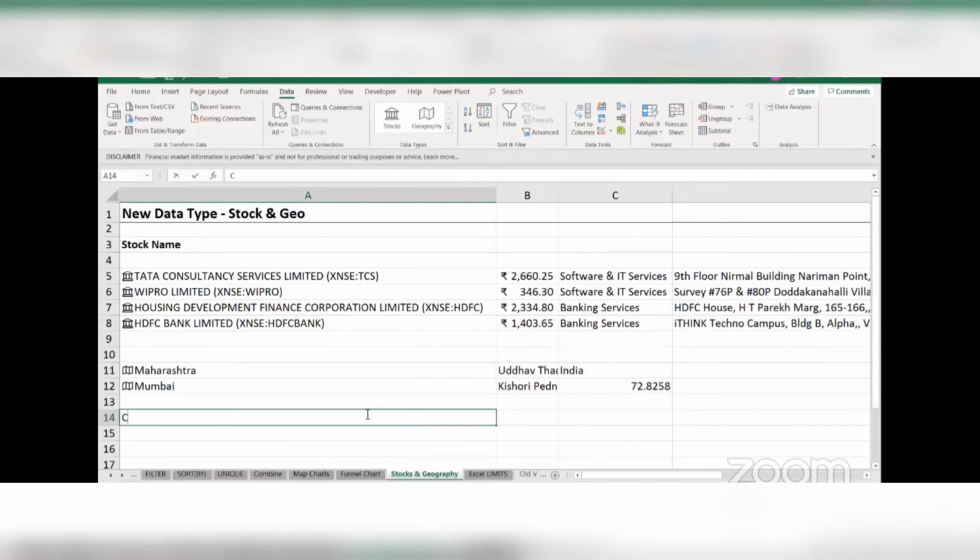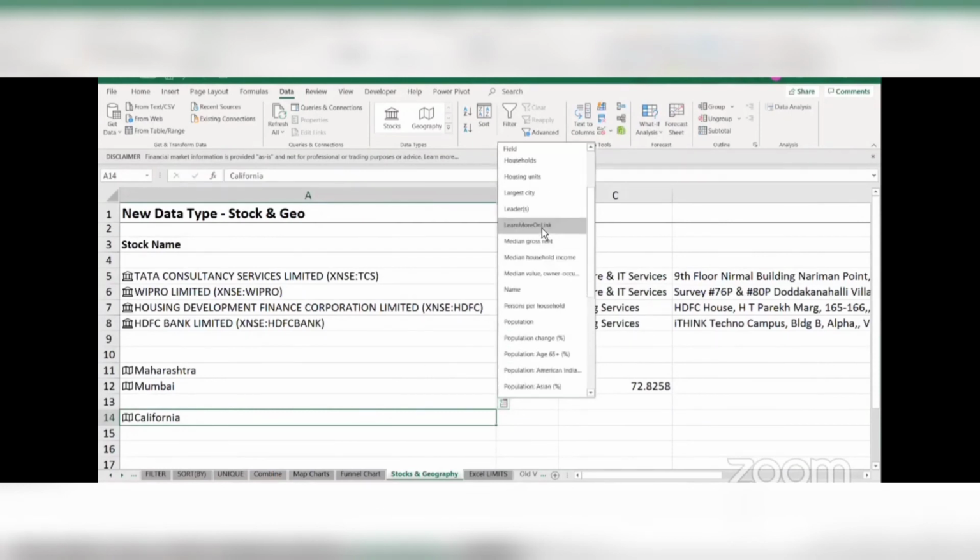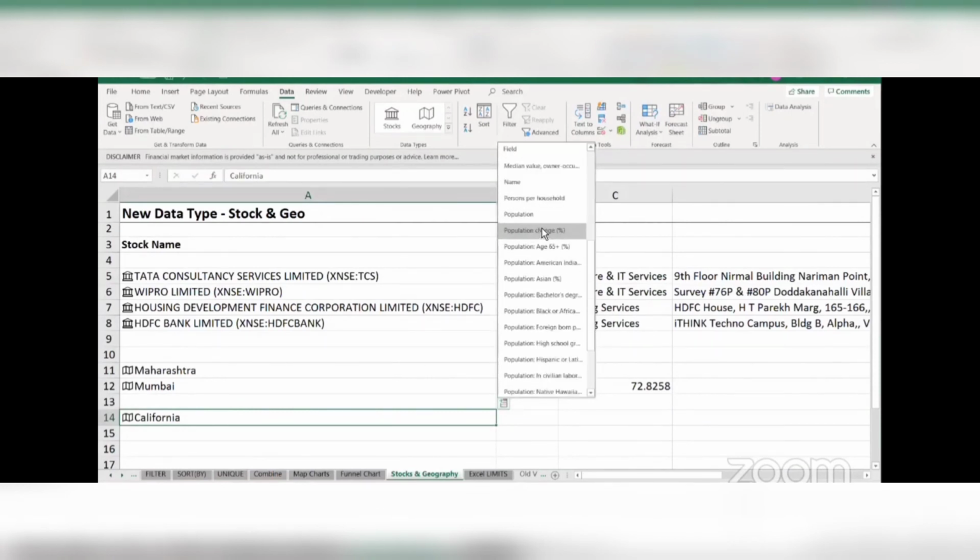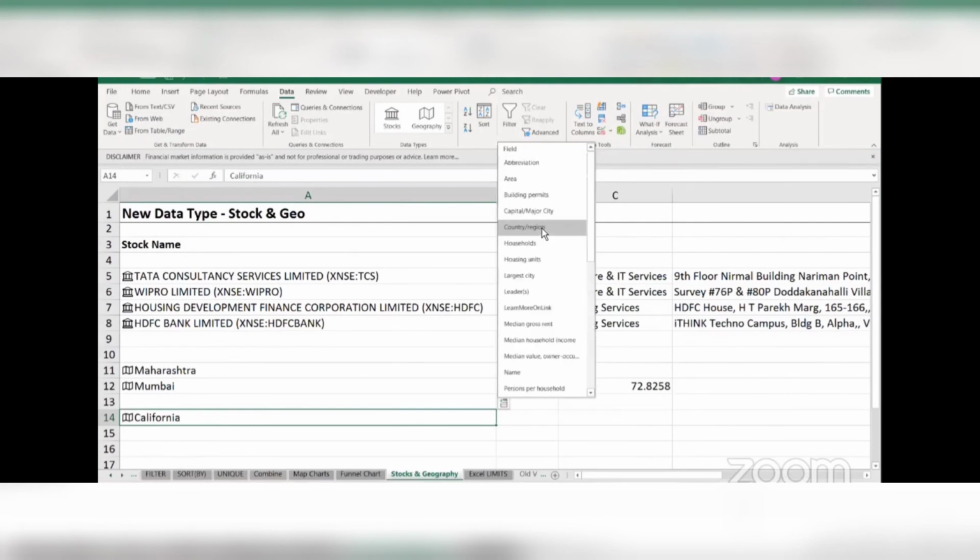So here, if I type in California, and I make this geography, and now I go to insert data, look at the amount of things that I have here. In Maharashtra, we didn't even have one third of this. So it really depends on the location, because it's a USA based geographical area, it will have more data. So I would say it is still in the development phase. Maharashtra would maybe in the future have more data, but for now it is not really developed as such.